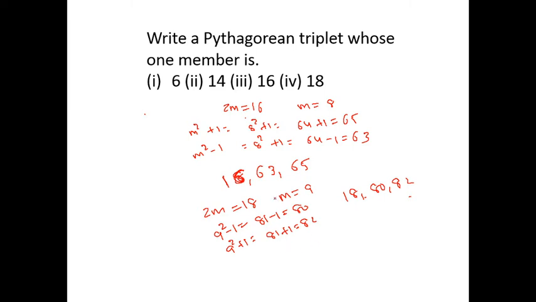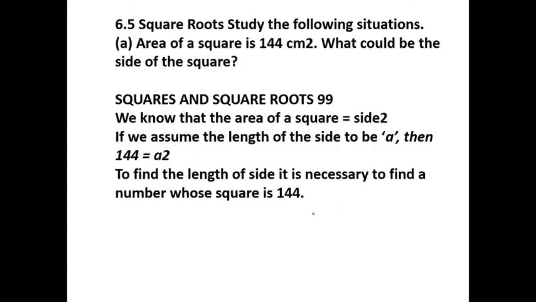Anyhow, you have to complete it in your fair book. Now the topic is related to square root. Generally we were discussing the square. Now we are discussing the square root. So first, the area of a square is equal to 144. Everyone knows this. Square means what? All four sides are equal.